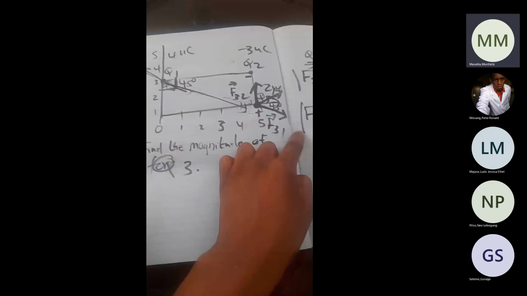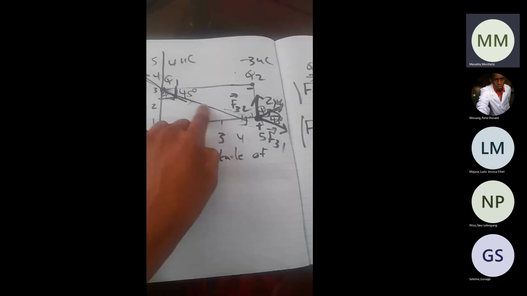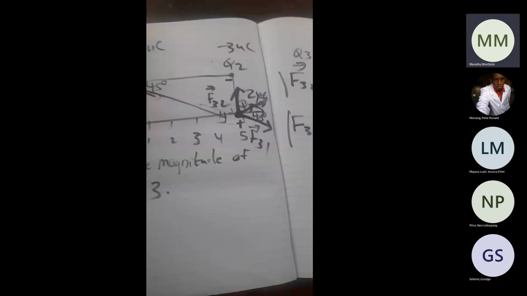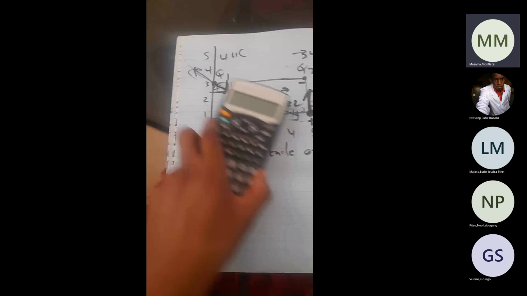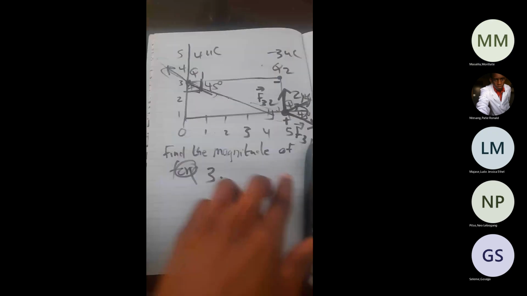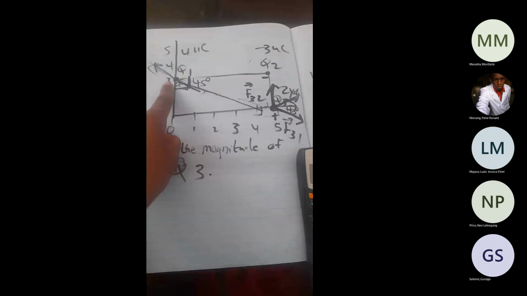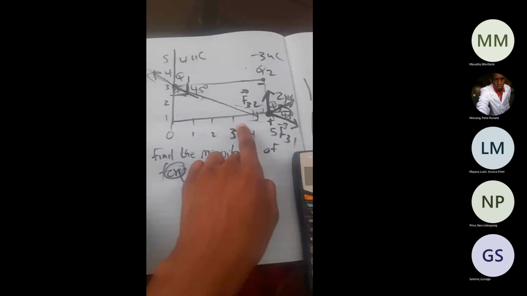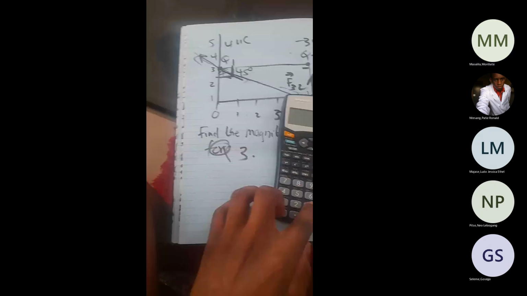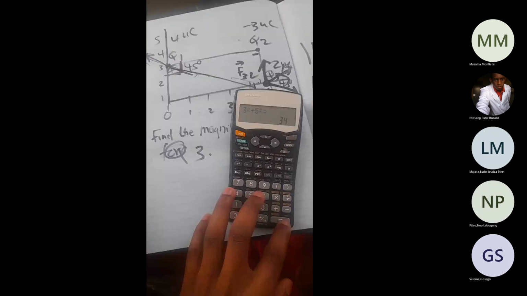So for us to find this distance, it is 3 squared plus 5 squared, square root, which is 5.83. It means that this distance here